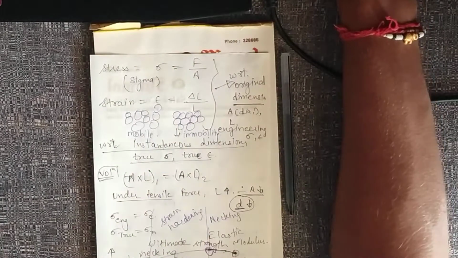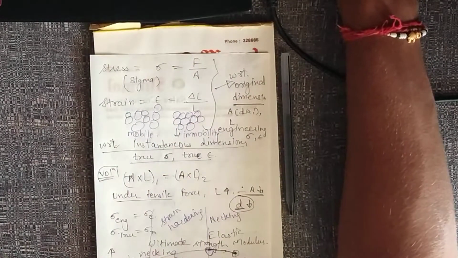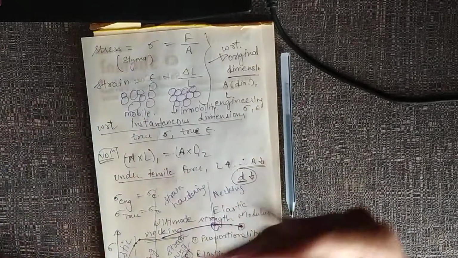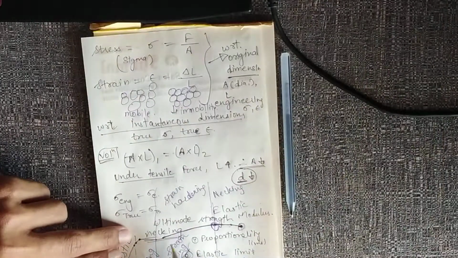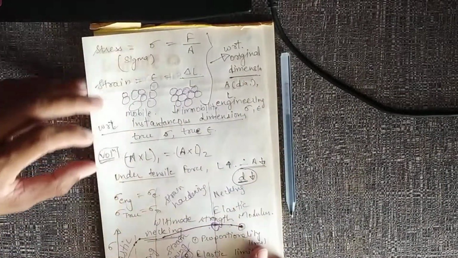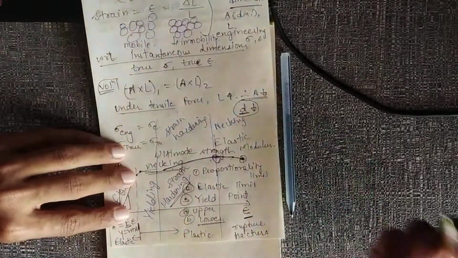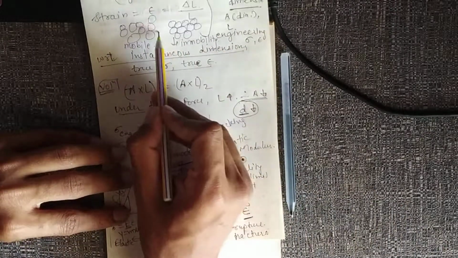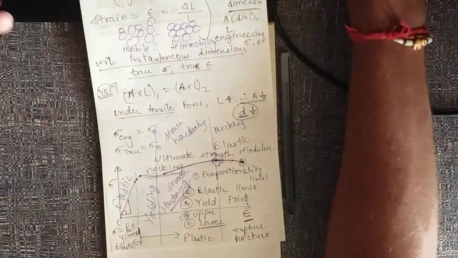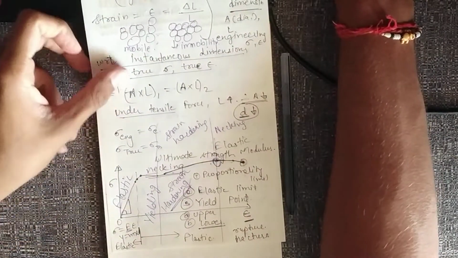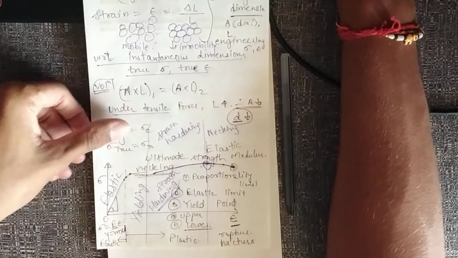So due to immobility of dislocations, the strength has increased. This increase depends on the material, but it is called strain hardening, and it implies an increasing strength of the material due to deformation. So we have deformed the material, but we are still getting increasing strength and hardness. We'll describe some other material properties also now.